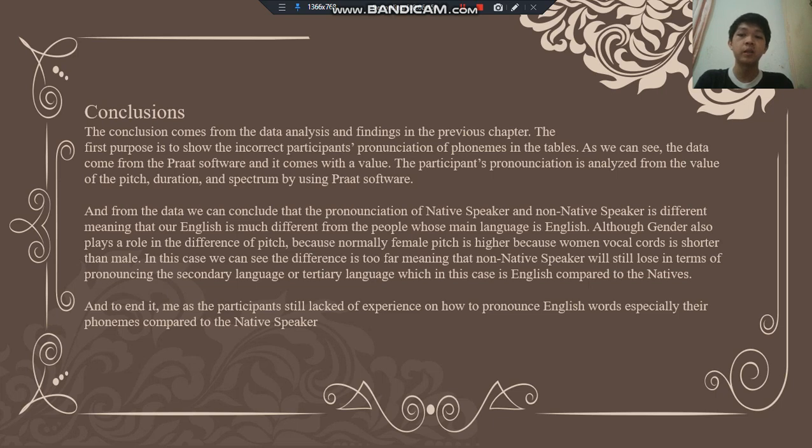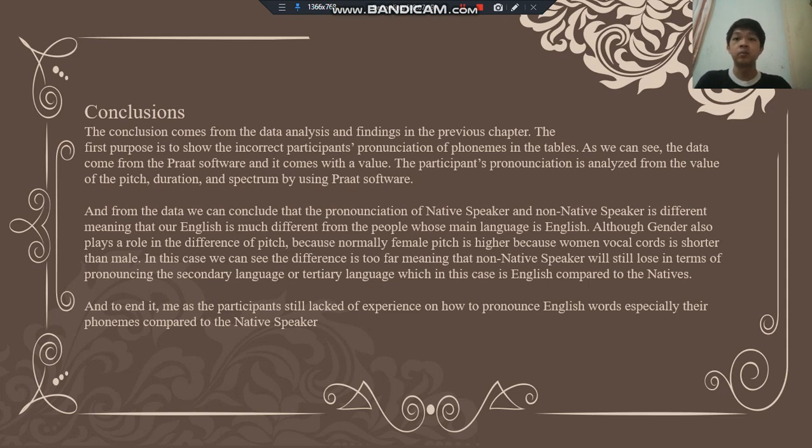Although gender also plays a role in the difference of pitch, because normally female pitch is higher, because a woman's vocal cords are shorter than a man's. But in this case, we can see the difference is too far, meaning that the non-native speaker will still lose in terms of pronouncing the secondary or tertiary language, which in this case is English, compared to the natives.